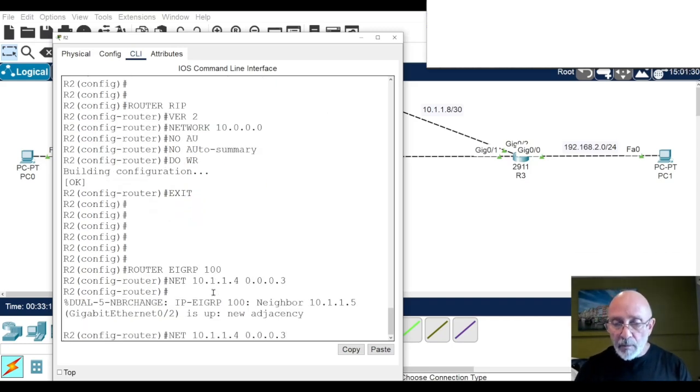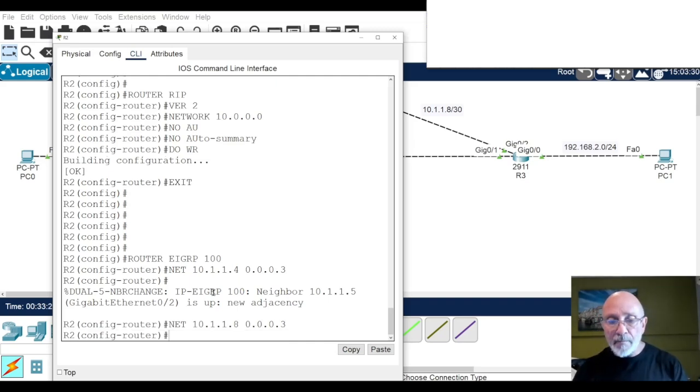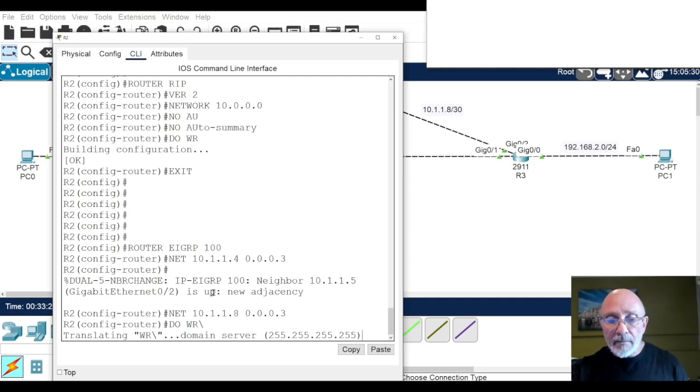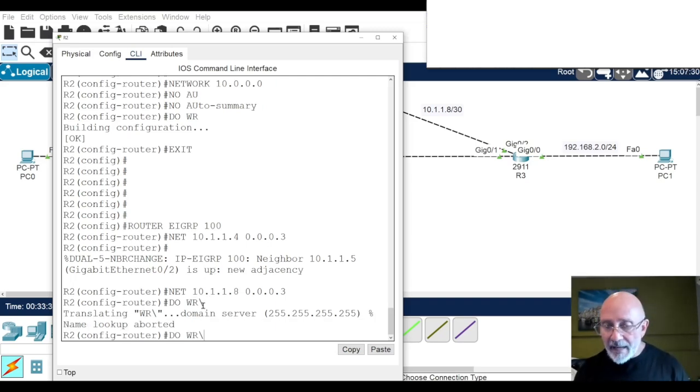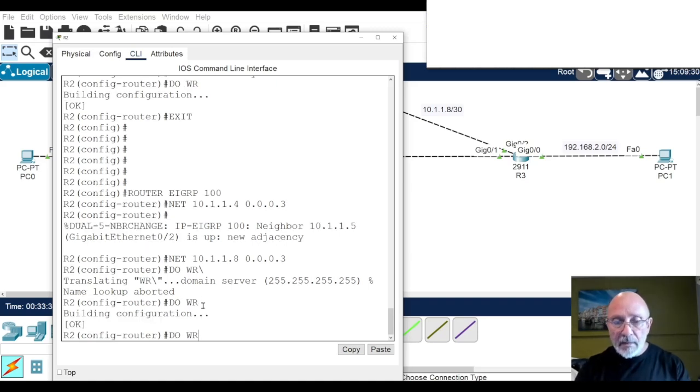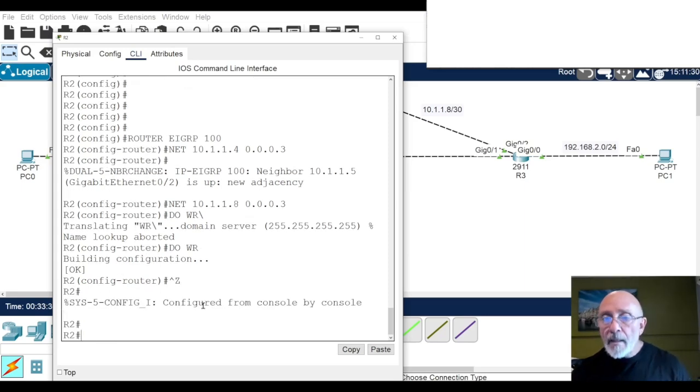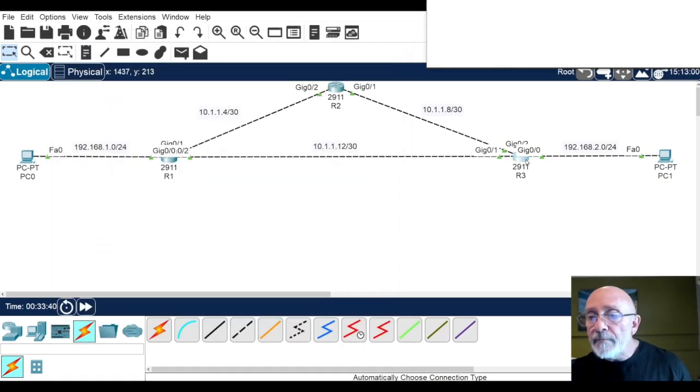Up arrow, and then we'll do the next one. Same mask, different network, which is the 8 network. And done deal there. Control Shift 6 gets rid of that. Up arrow, and then we do WR. All right, and then Control Z, and then let's go to router 3.